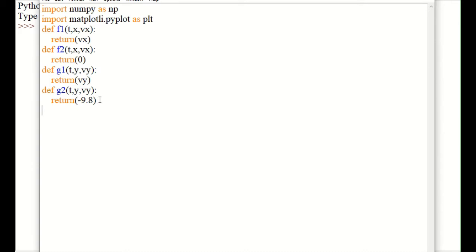Next step is initialization. So at t equals 0, x equals 0, y equals 0, then u equal to, let's input that, enter the speed of projection.